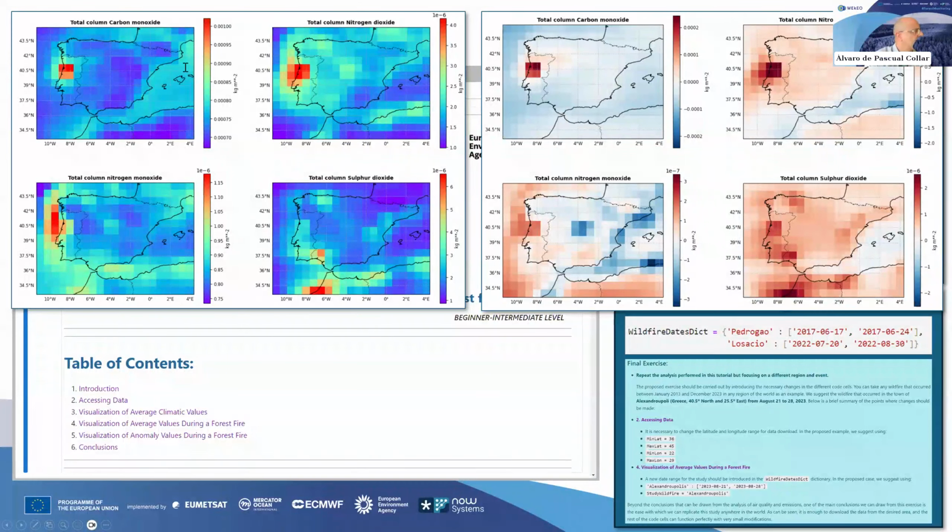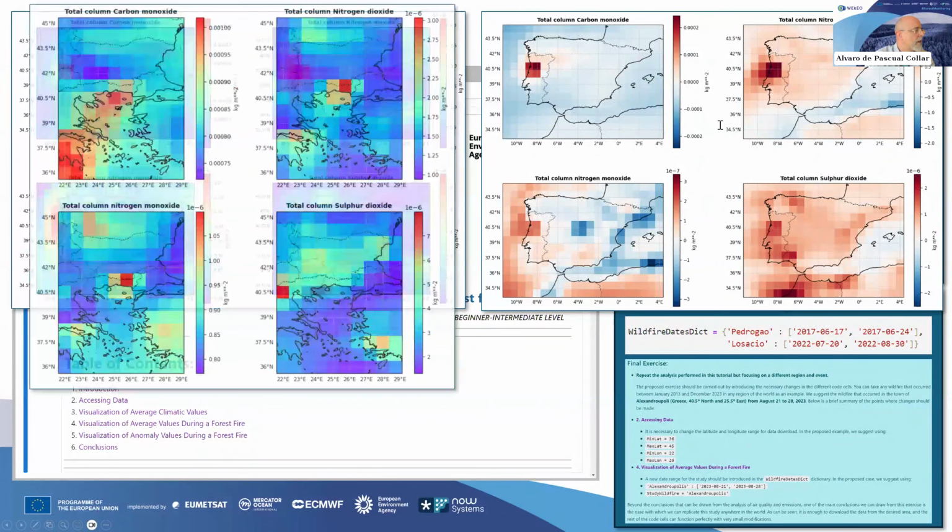But since the computation of the mean doesn't give so much information, we compute the anomalies of these 4 different pollutants here. With this, we have more resolution to evaluate the real impact of the wildfire